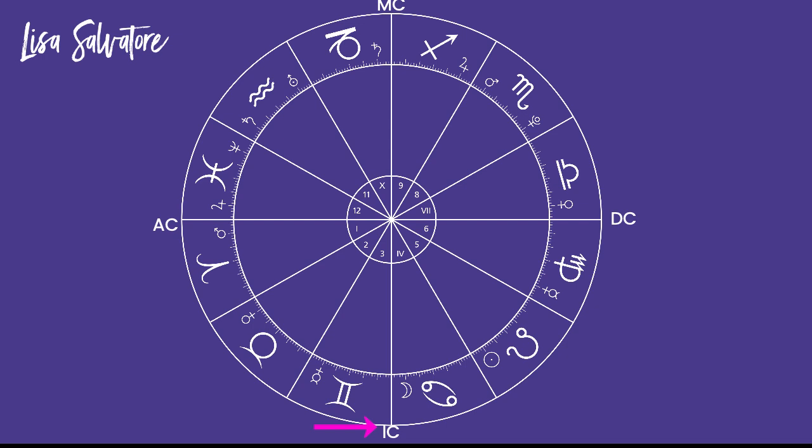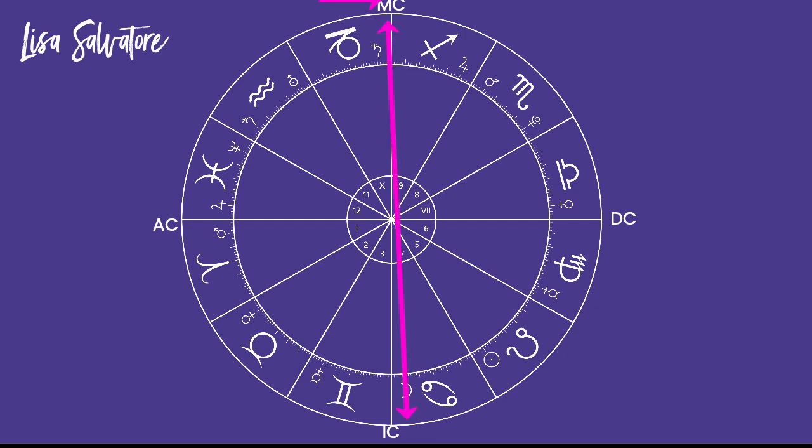This will show where we may be most comfortable on a personal level, but that doesn't always mean that it's the best for us as we mature here on our journey. Now, again, it's the cusp of the fourth house in most house systems, but it's going to be reversed in the southern hemisphere, okay? Then we shoot directly opposite to the top of the chart, and this is the midheaven,